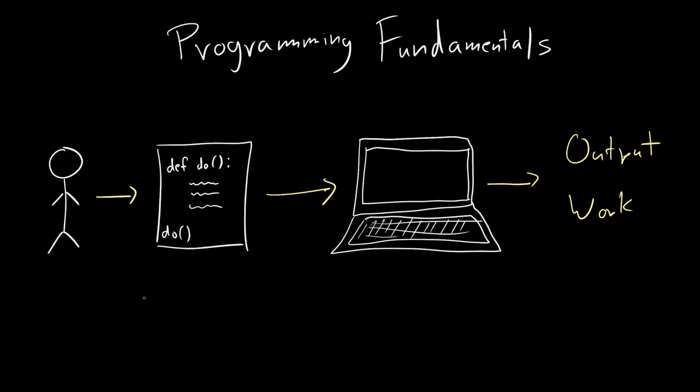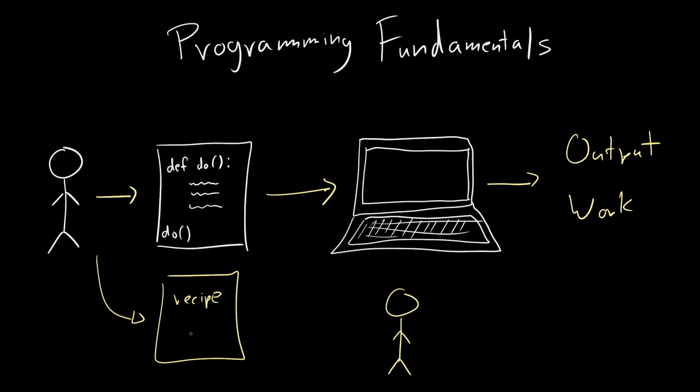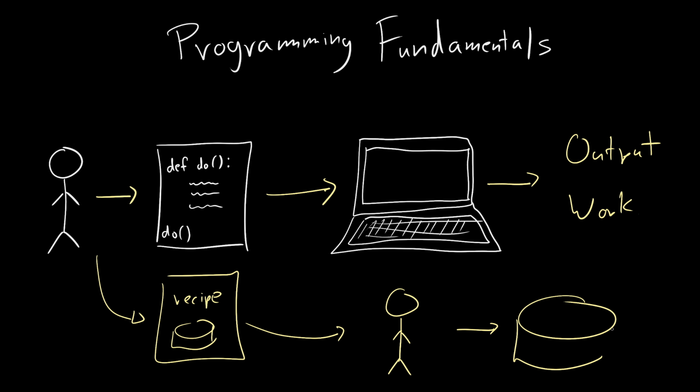One good comparison is if the same thing happens where instead of a computer, you have another person, and you write a recipe. So you write a recipe to cook, let's say, a pie or a cake, and then you give that recipe to that person, and that person will follow it meticulously so that they can produce the actual cake or pie. I'm not sure what this is. So that's essentially what programming is. You're just giving instructions to something so that they can output something else. But instead here, it would be a computer, and that will be coding.